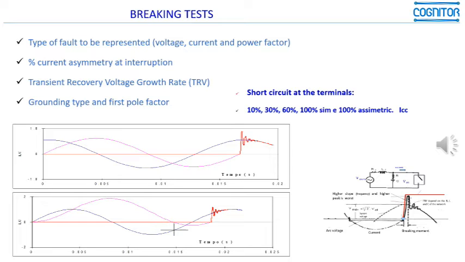Depending on each one of these circumstances, you may have different values of the transient recovery voltage. And that breaking test is certainly the most onerous test that we have for substation equipment. They are aimed at representing all of these situations in the substation. And of course, we never want a circuit breaker to fail, because all the safety of the substation depends on its performance.